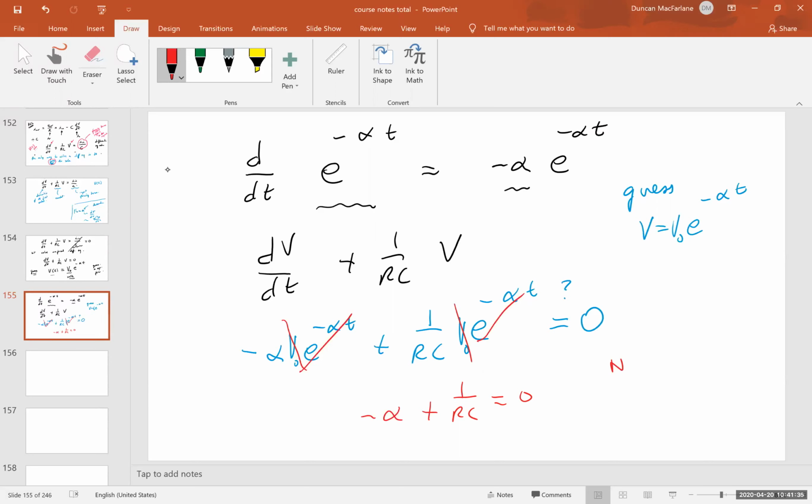And you'll note no time dependence in this equation. Samir, do you see that? There's absolutely no function of time in this equation. But how could you eliminate